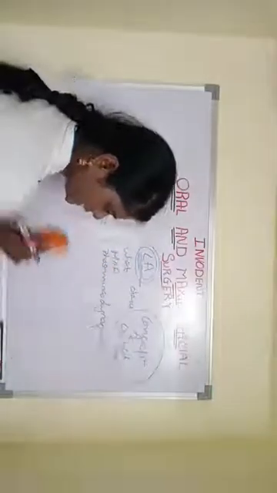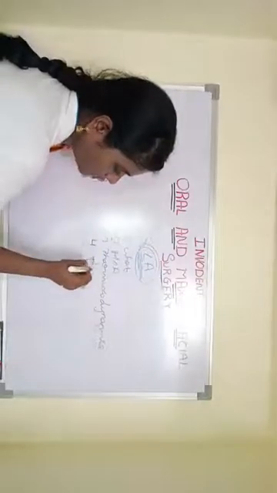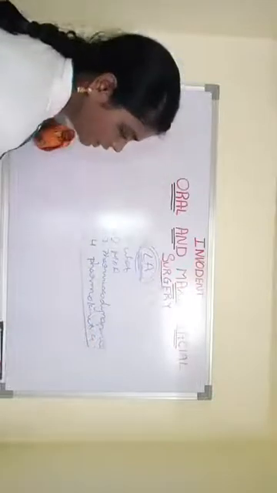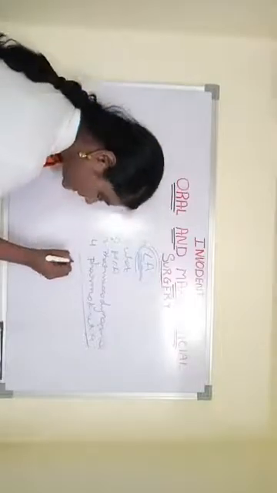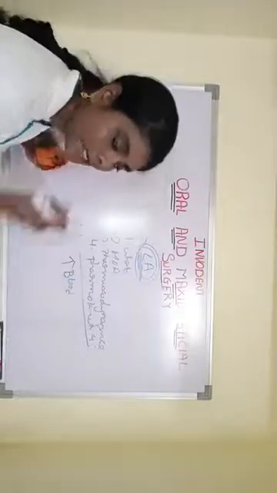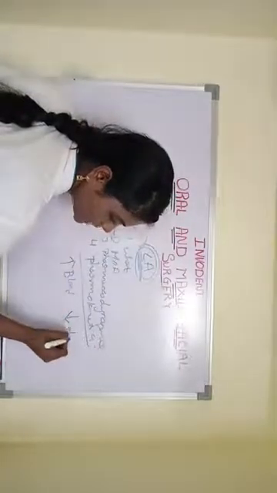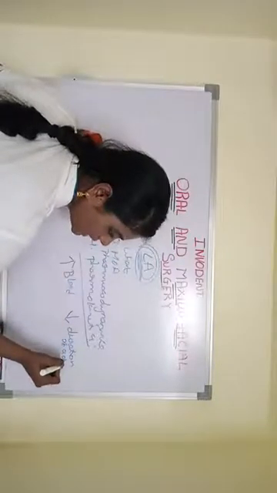Whether it is a motor or sensory neuron, it will be blocked by our local anesthesia undoubtedly. Now coming to pharmacokinetics. When it comes to pharmacokinetics, if there is increased blood supply or increased blood flow in the region where we are injecting, there is decreased duration of action of local anesthesia.